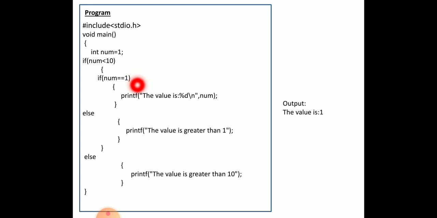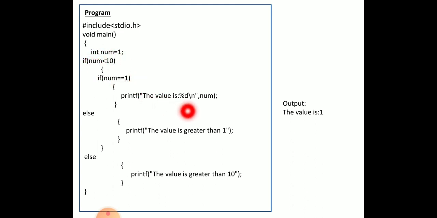So what happens when the condition becomes true? The statement given immediately after the if statement will be executed. Here the statement is printf("value is %d \n", num). With the printf statement, the message given inside the double quotes will be printed as such, displayed as "the value is", and %d is used to specify that the second argument in this function is an integer, because num is declared as an integer value.